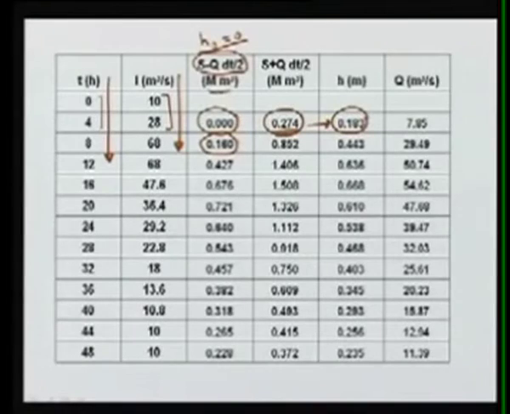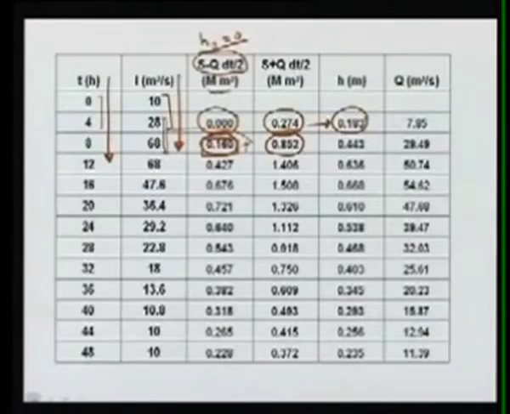So that is what we have done here. In this value we will add again the mean inflow during that time period. So add this and we will get a new value of S plus Q delta T by 2 as 0.852,